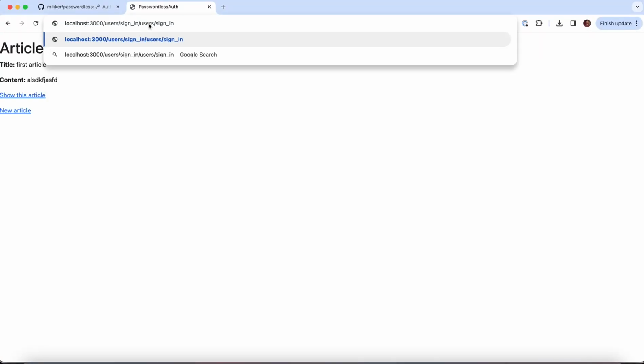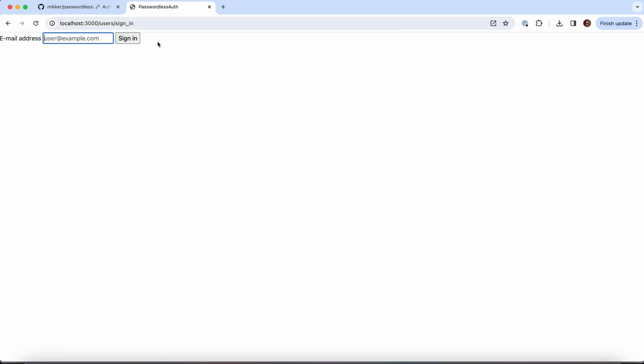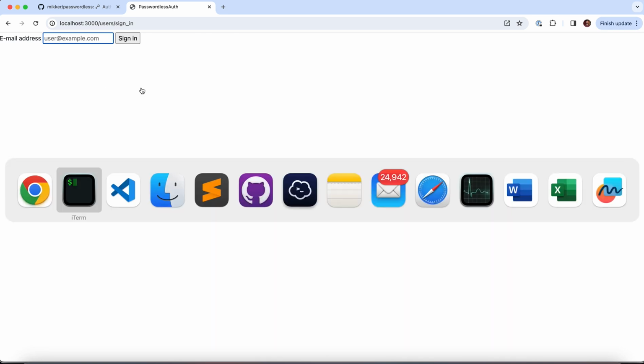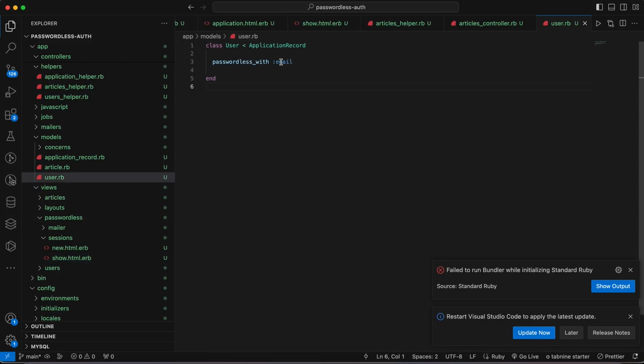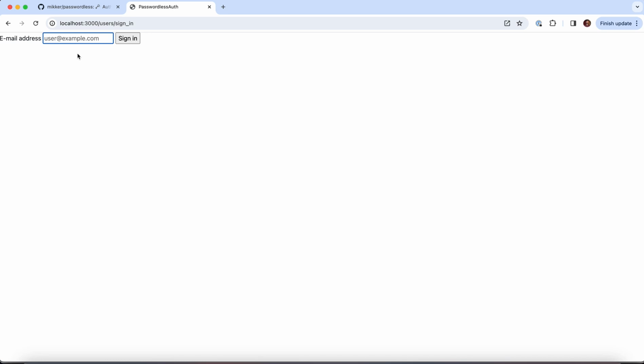So if we go to the user sign in, you can see that it asks for email, because we only require email or phone. Where it comes from: if we go to the user model, we specify here that it will require the email for the authentication. Okay,